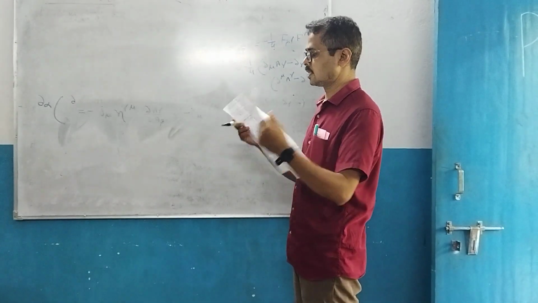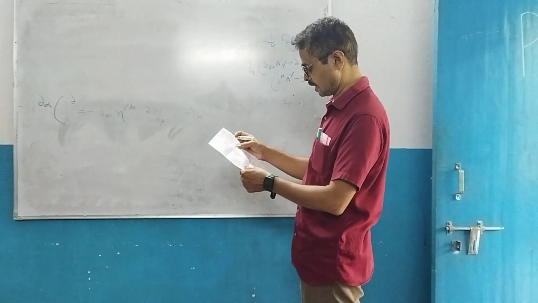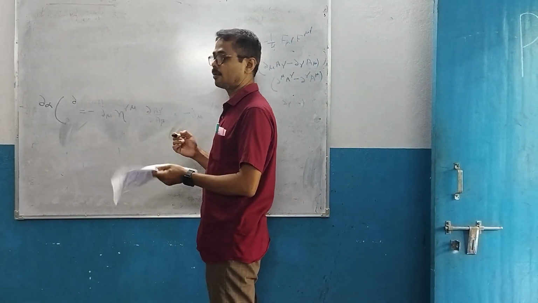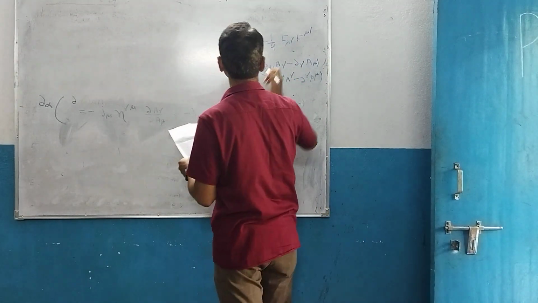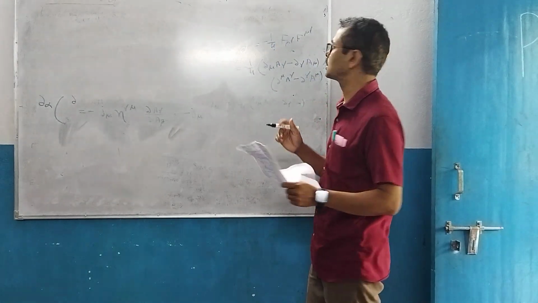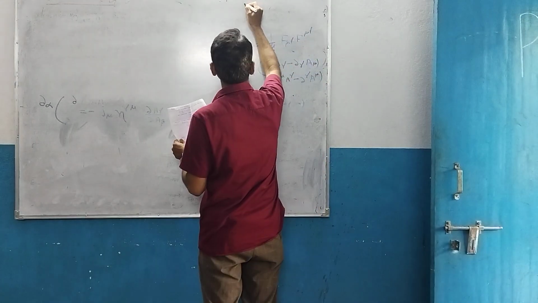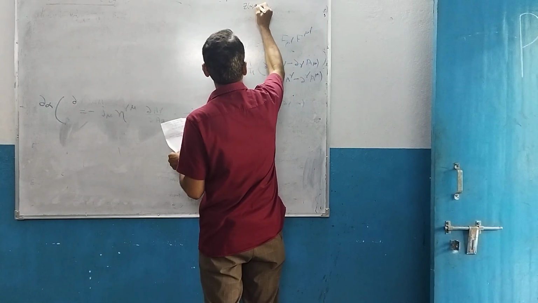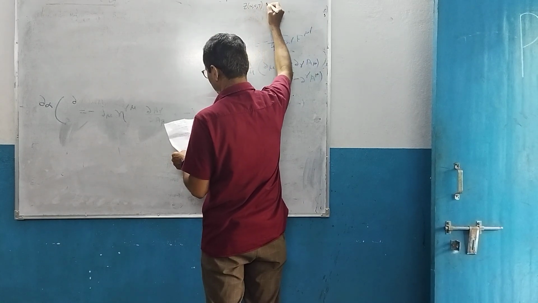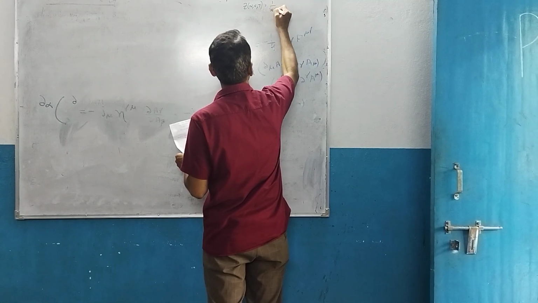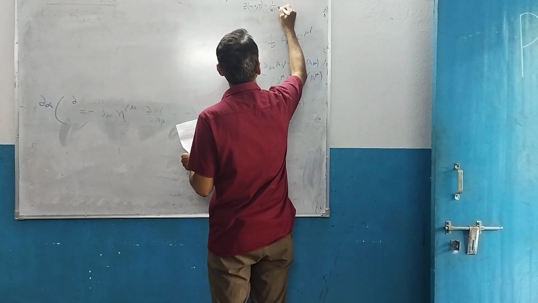We were trying to understand it by Mayer cluster expansion, is to write the canonical partition function. Okay, just for having a brief introduction, because you were not all present in my previous class. So the canonical partition function for an interacting gas can be written as 1 by N factorial h to the